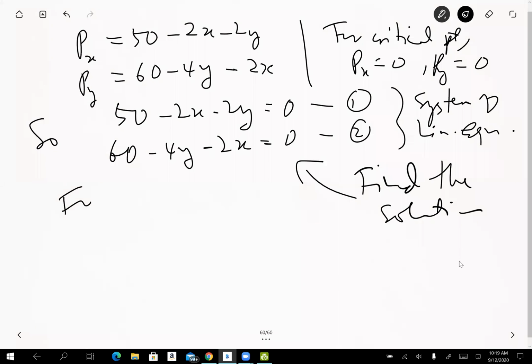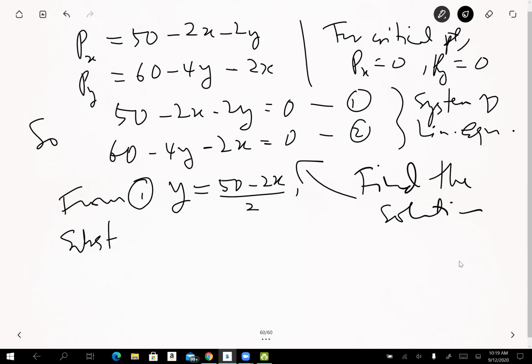So here, from number 1, you have y equal to 50 minus 2x, everything divided by 2. So that would be 25 minus x. And then you substitute into number 2. So what do I get? I get 60 minus 4